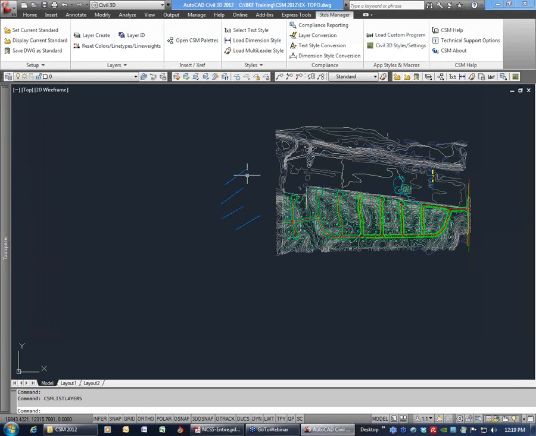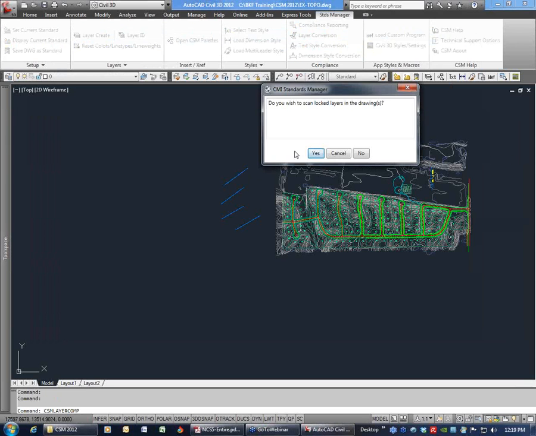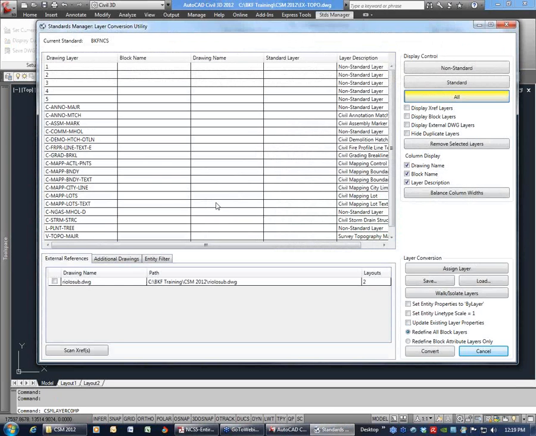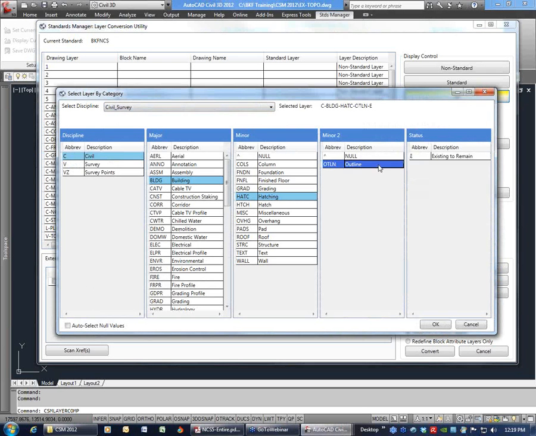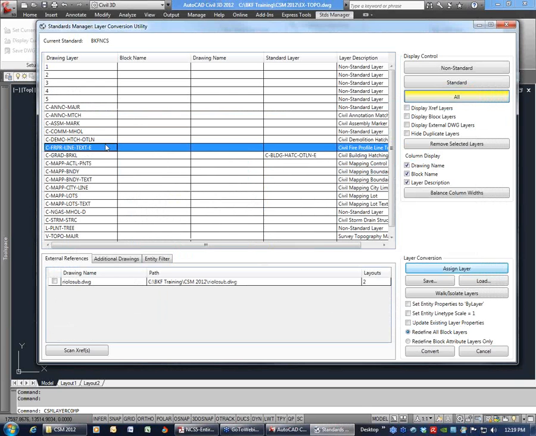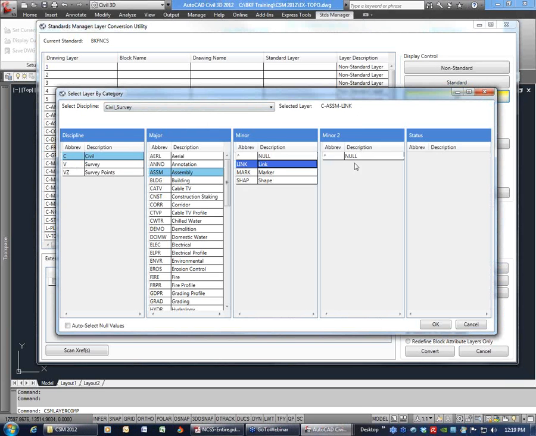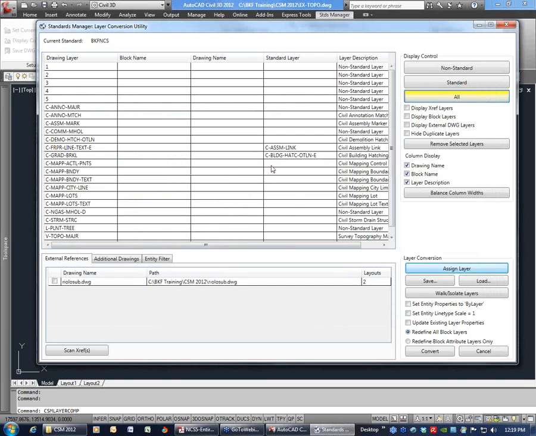All right. Now, because the layer conversion can be tedious, and the reason why I say that is if you have lots of layers, you can say, hey, this layer is supposed to be this one, whatever. All right, this layer is supposed to be this one, whatever it might be. Okay. So that can be tedious if you're always converting these things from non-standard to standard, or if you're getting drawings from other companies and you want to convert them to your standard. You'll have to go through this once, and sometimes you'll get new layers, but you have this opportunity also to